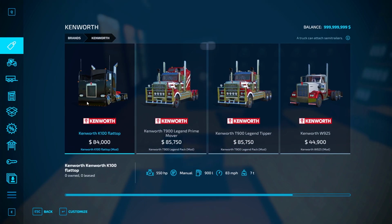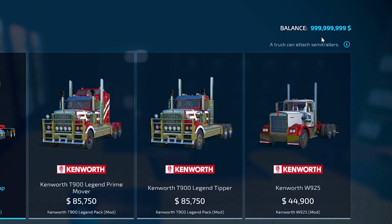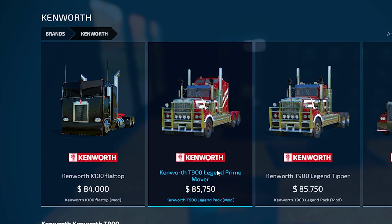All right, we're on the Kenworth dealer page here. And yeah, as you can see, we've got a pretty good balance at this dealership. We don't have any problems with spending money, but we want to start with 3 trucks. We're going to see how they do with the market and see if anybody likes the customizations we do to them. So the first thing we're going to do is start with the Kenworth T900 Legend Prime